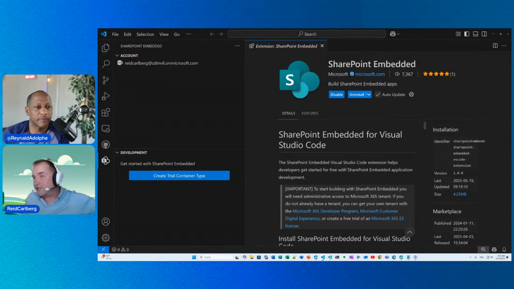But then there's also a subscription for SharePoint Embedded. SharePoint Embedded is an Azure service, and so when you start using it in production, you're going to connect it to an Azure subscription, just like with any other Azure technology. Got it. All right. Now you'll see I have this notion of creating a trial container type over here